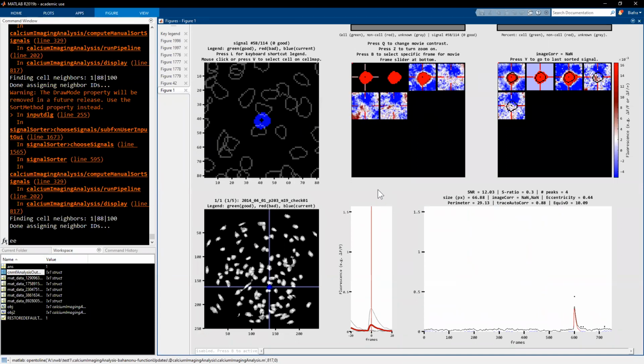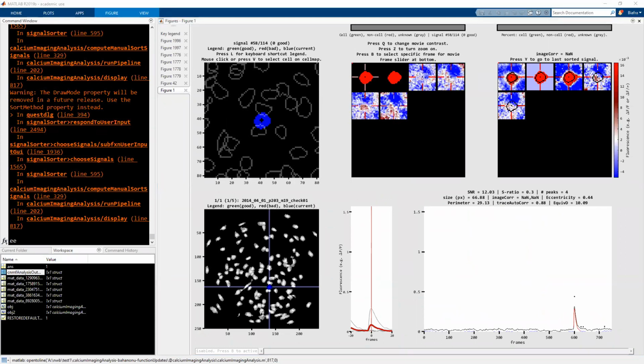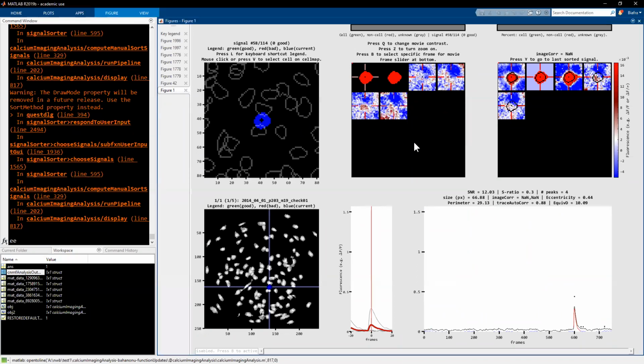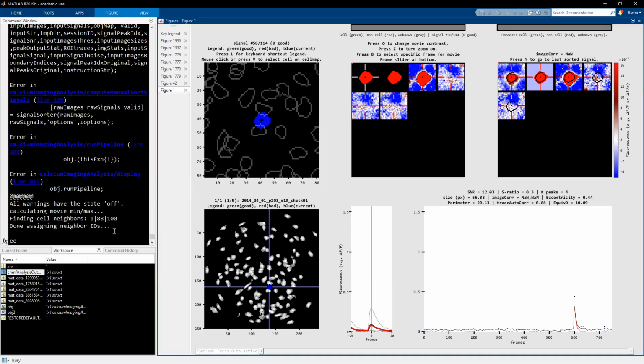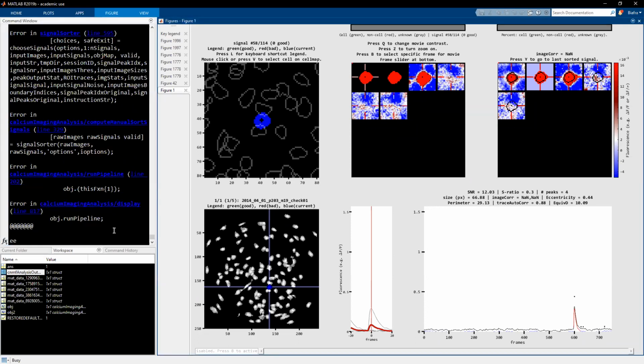And so basically you can go through and do that. And once you're done, you can go through and say, yes, I'm finished sorting, and it'll save out your outputs. And the nice thing is that if you actually go into the underlying folder that you have,